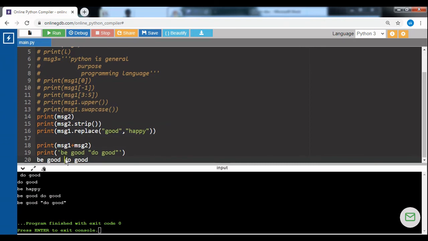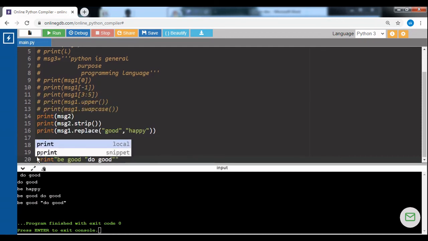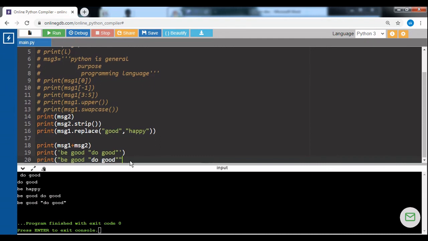But I want this in double quotes. Any string literal is specified within double quotes or single quotes. So I am specifying "be good, do good" as one string literal within double quotes, but I want to print it. If I try to print now, it will give me an error. If I use single quotes and print any words in between with double quotes, there is no issue, it will work.